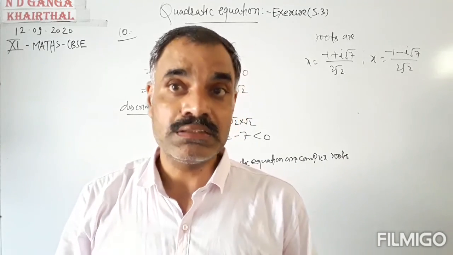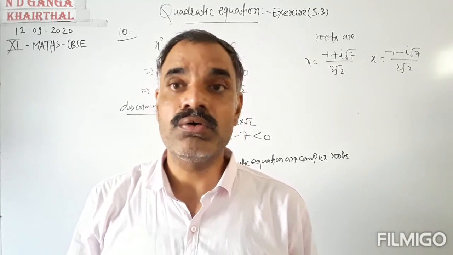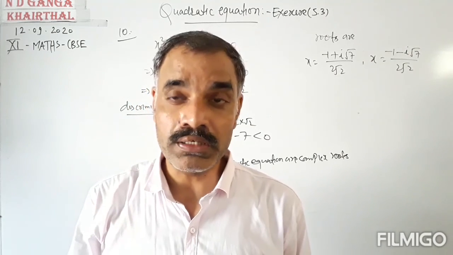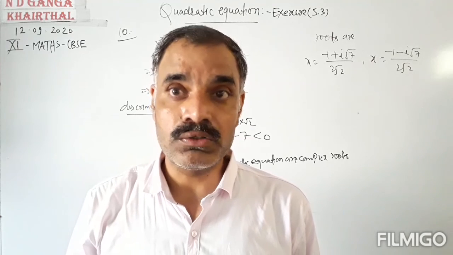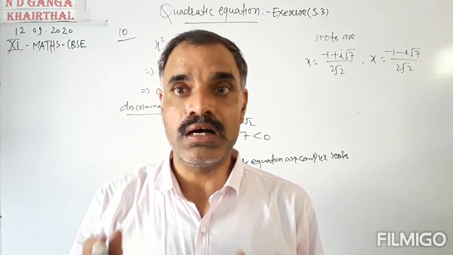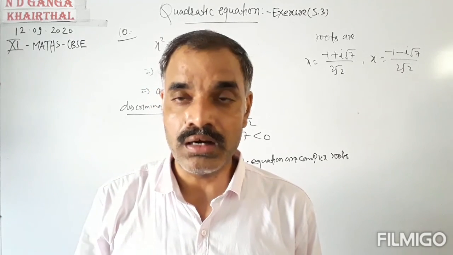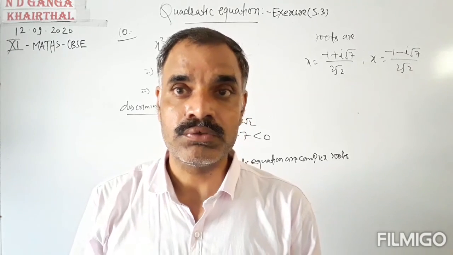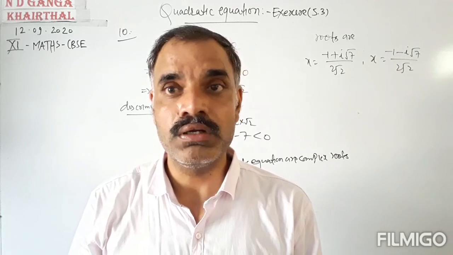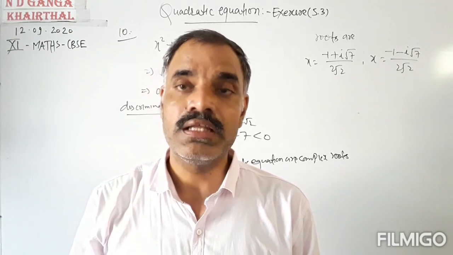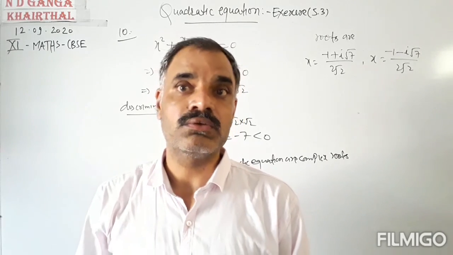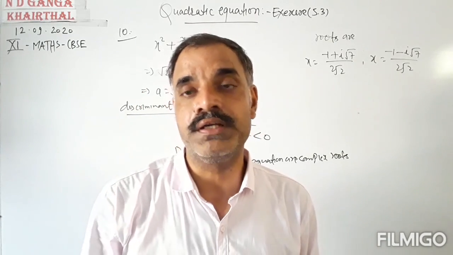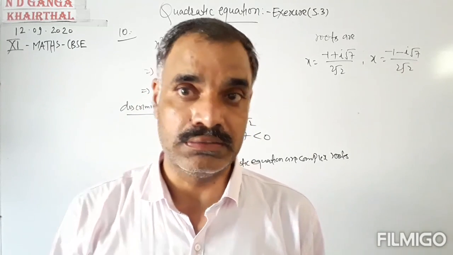Okay, this was the last exercise. Actually we have only 5.3, or 3 exercises, in chapter number 5. Okay, and the topics are not so different. The topics in this chapter are putting the given complex number in standard form, putting the complex number in polar or trigonometrical form, and then solving the given quadratic equation. Okay, now we will have the miscellaneous exercise, and in the next episode of the video we will solve all of these. Okay, thank you.